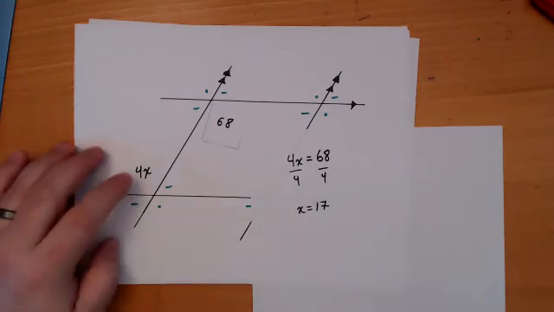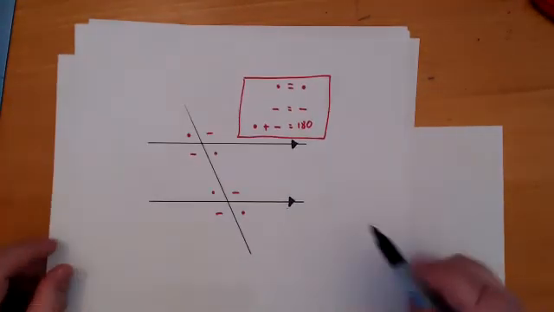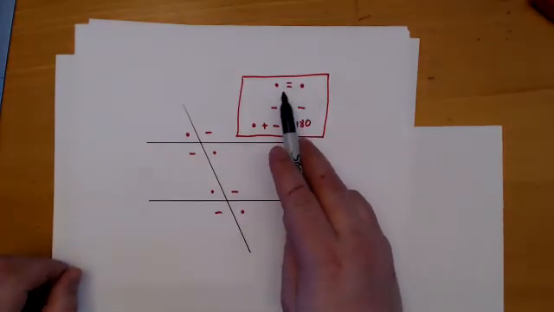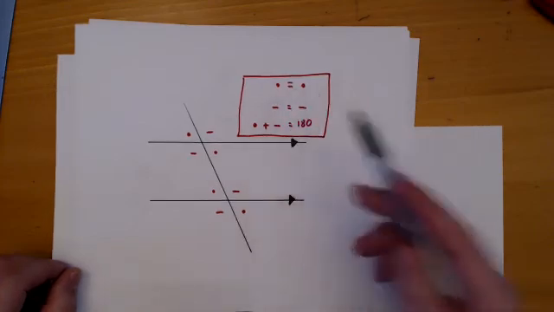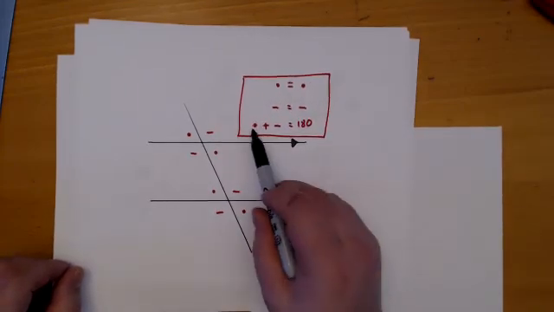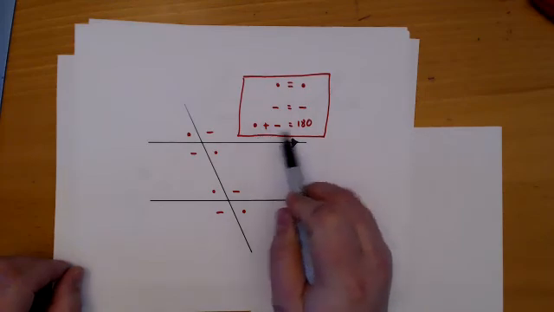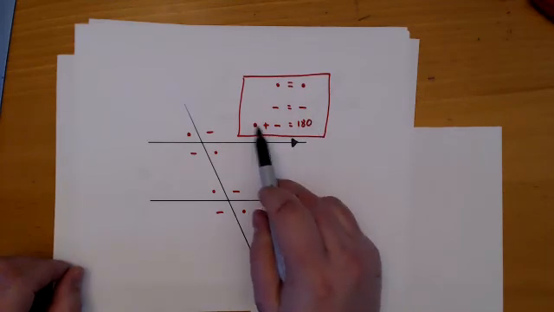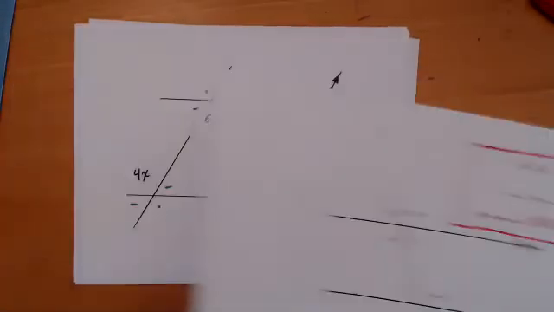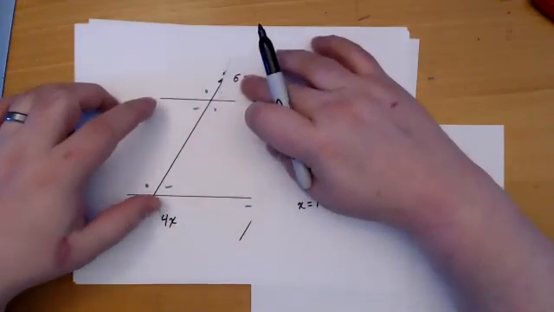So that's the whole idea, is that if we go back to what we talked about in here, if you have the same symbols, then you make your equation by just setting the 2 of them equal to each other. But if they have different symbols, this is your equation. You take the 4x and the 68, and you set it equal to 180. Okay. So if I gave you these,